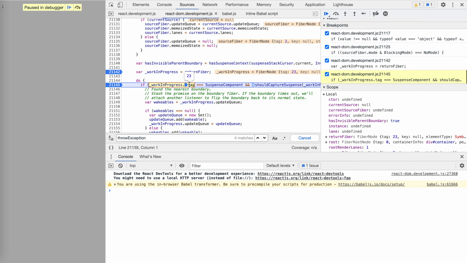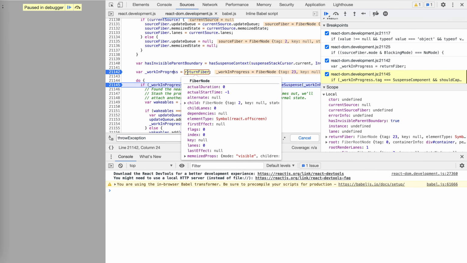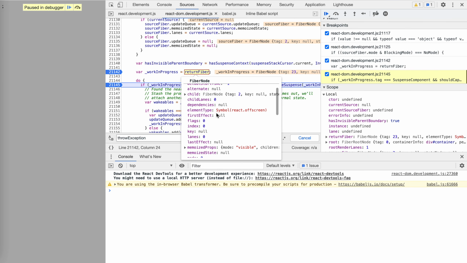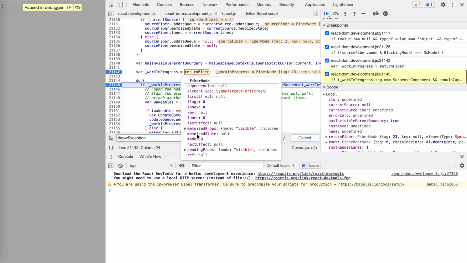Okay, actually, I'm a little confused here. Work in progress has a return fiber. Okay, we start at the parent one. The parent one is obviously, it should be the suspense. It's not. Okay, we need an error. This is app. This return fiber is its parent. Let's see the return. This is the symbol React offscreen. I'm a little confused here,